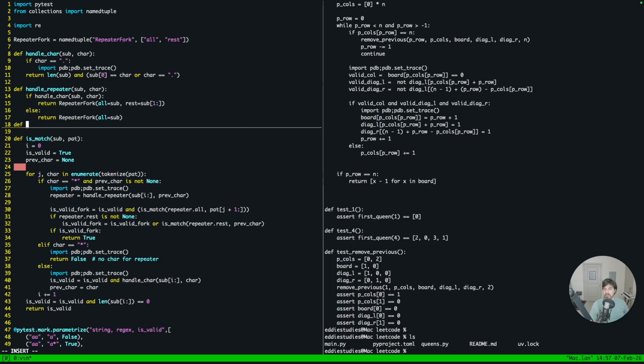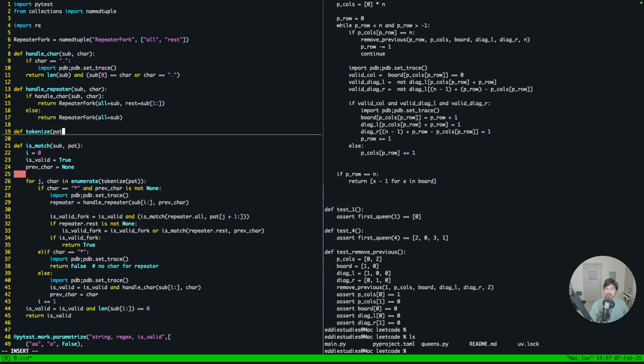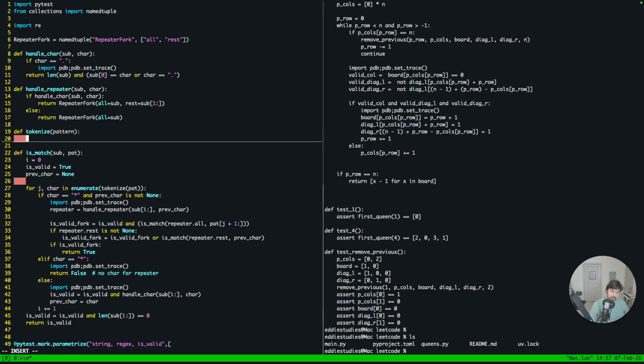So the tokenize, which we could have named this better, but we have a pattern. And then for the pattern, we basically just care about handling asterisks properly. So in this case, we basically need to find all the asterisks and then cut it out of where it is now. So a lot of our logic will change a bit, but we can just basically